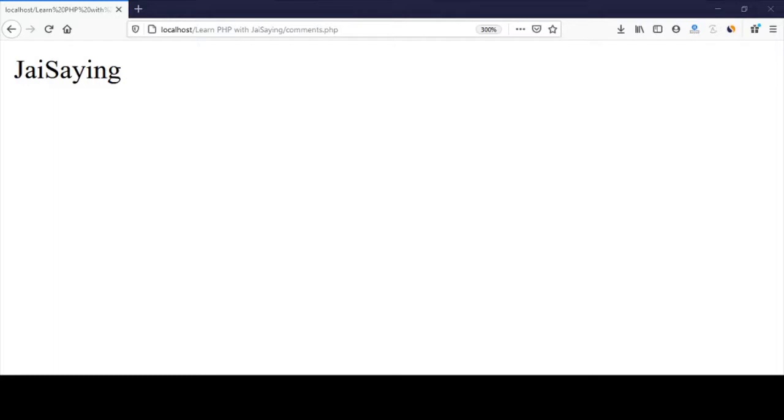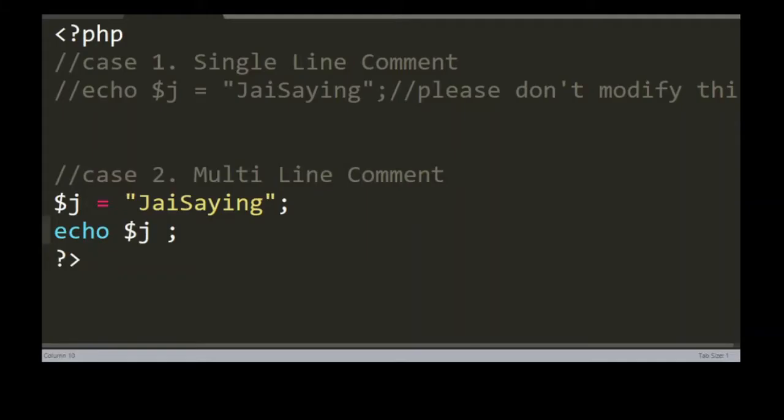So what is the syntax of the multi-line comment? You have to use forward slash and star. This is the opening tag, the opening of the multi-line comment. Then for closing, star and forward slash. This will block a piece of multi-line code.